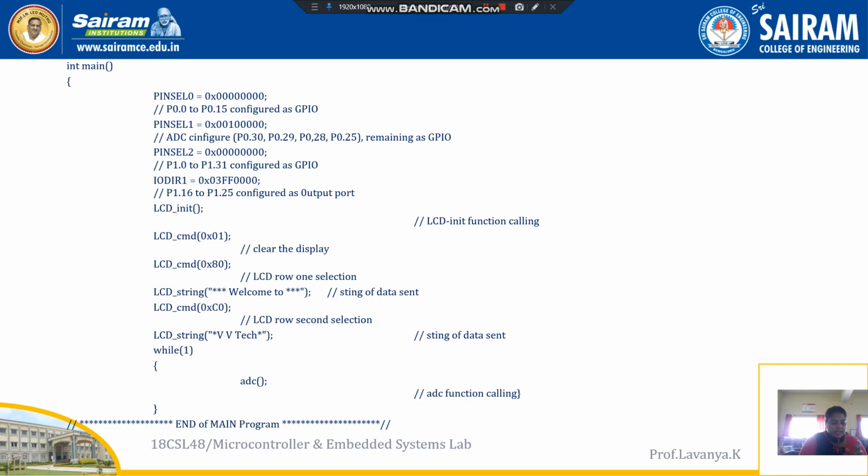If we want to display the value on the LCD, we require the ASCII value, so that is very important. Whenever we want to display on the LCD, based on the ASCII value, we are supposed to display all the values with respect to the functions. So this is our ADC. I am repeating: when the value is 01, the port 0.28 bit will be enabled, and only then is it going to take care of our ADC.